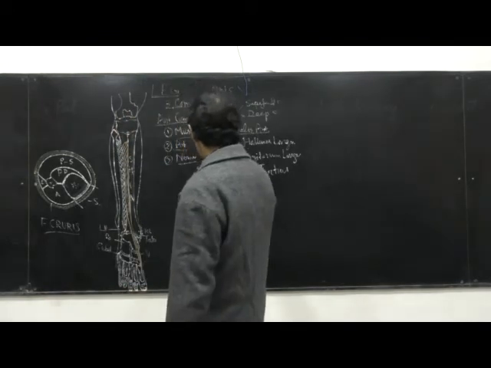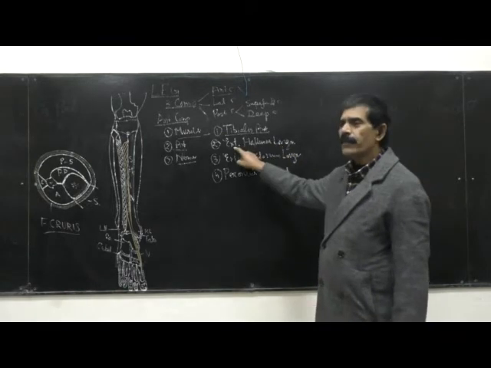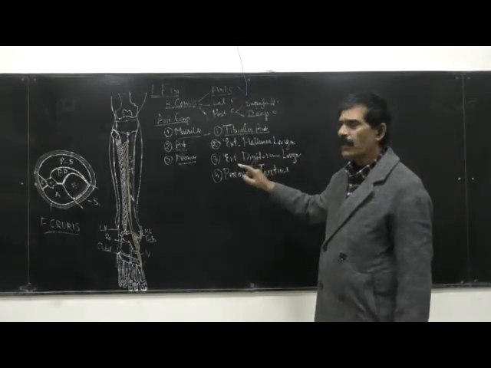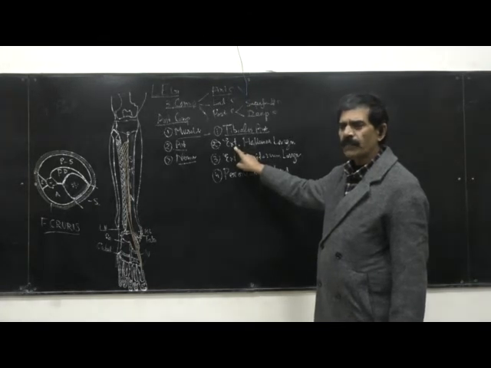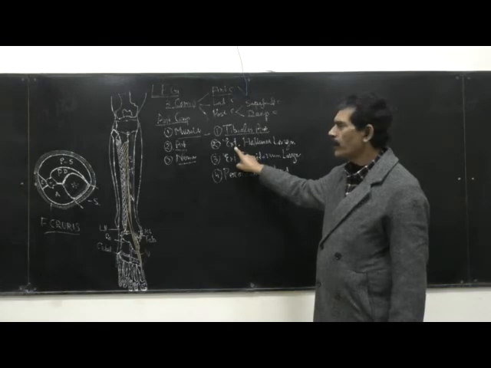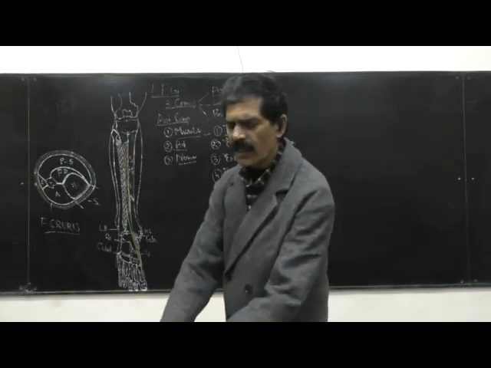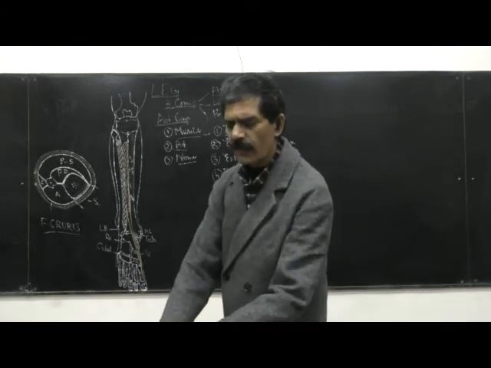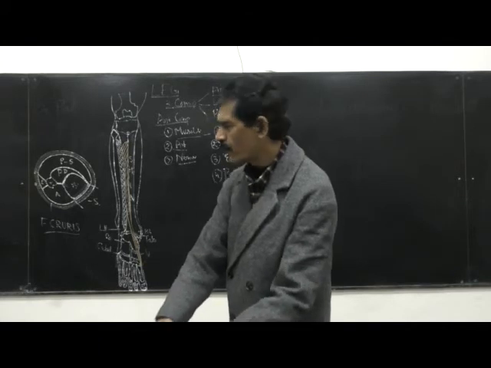Then the second muscle is extensor hallucis longus. Now let's go into the names of the muscle. They tell many things. So the first word of the muscle is called extensor. It means it is telling the action. So the action of this muscle will be extension at the ankle joint. Extension at the ankle joint is called dorsiflexion, that the foot will move upward. The fingers and digits will move upward. So this is called dorsiflexion.